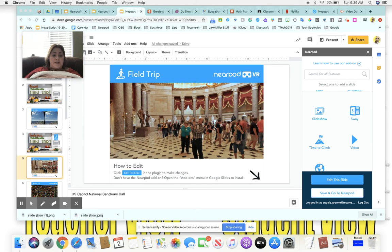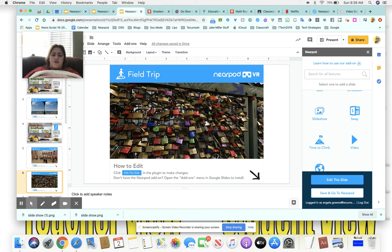And then the second place that I'm going to take you is, I think it's in Germany. I can't remember, but it's one of the Lovelock bridges where people put locks on the bridges, to seal their love or whatever. And then one final thought: when you use VR field trips with students,